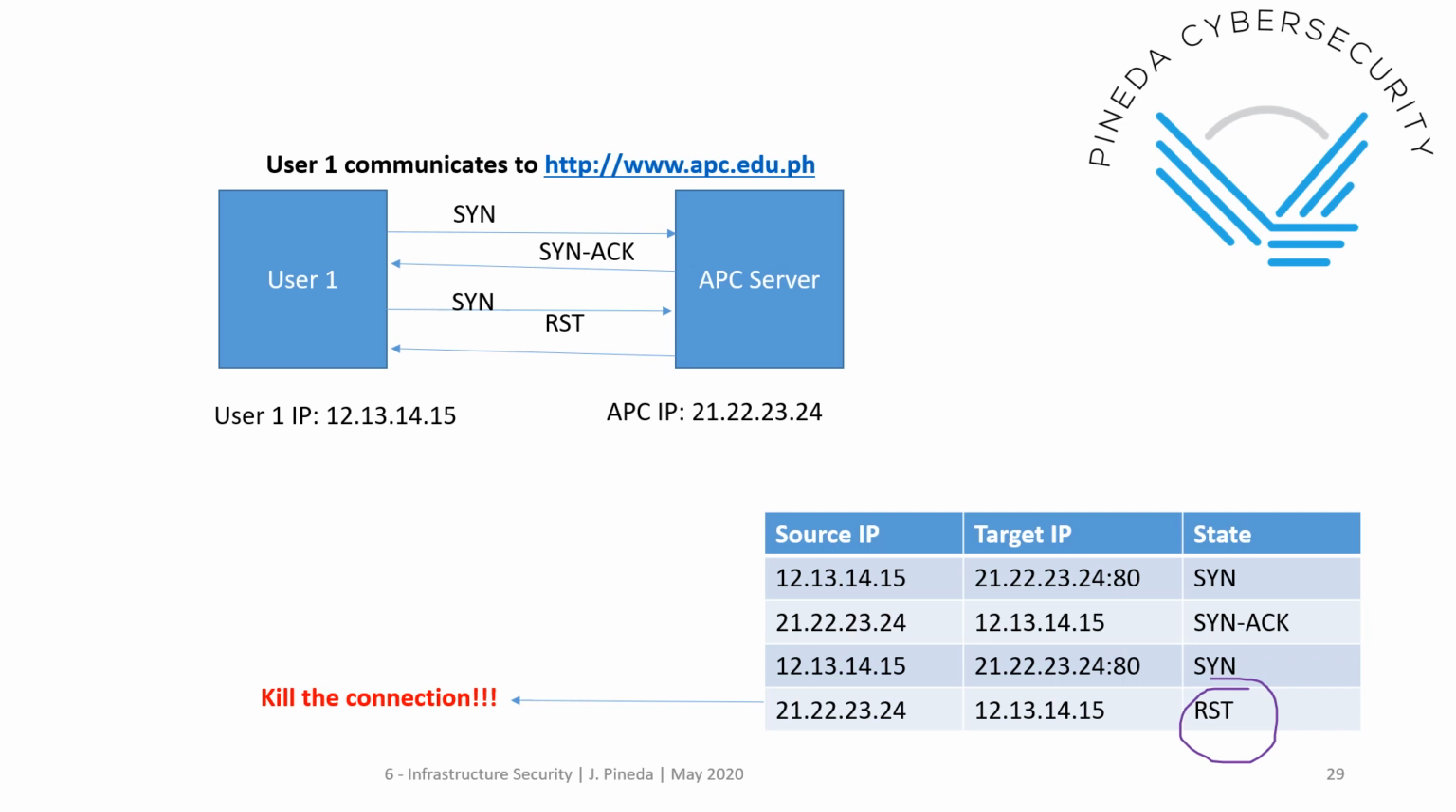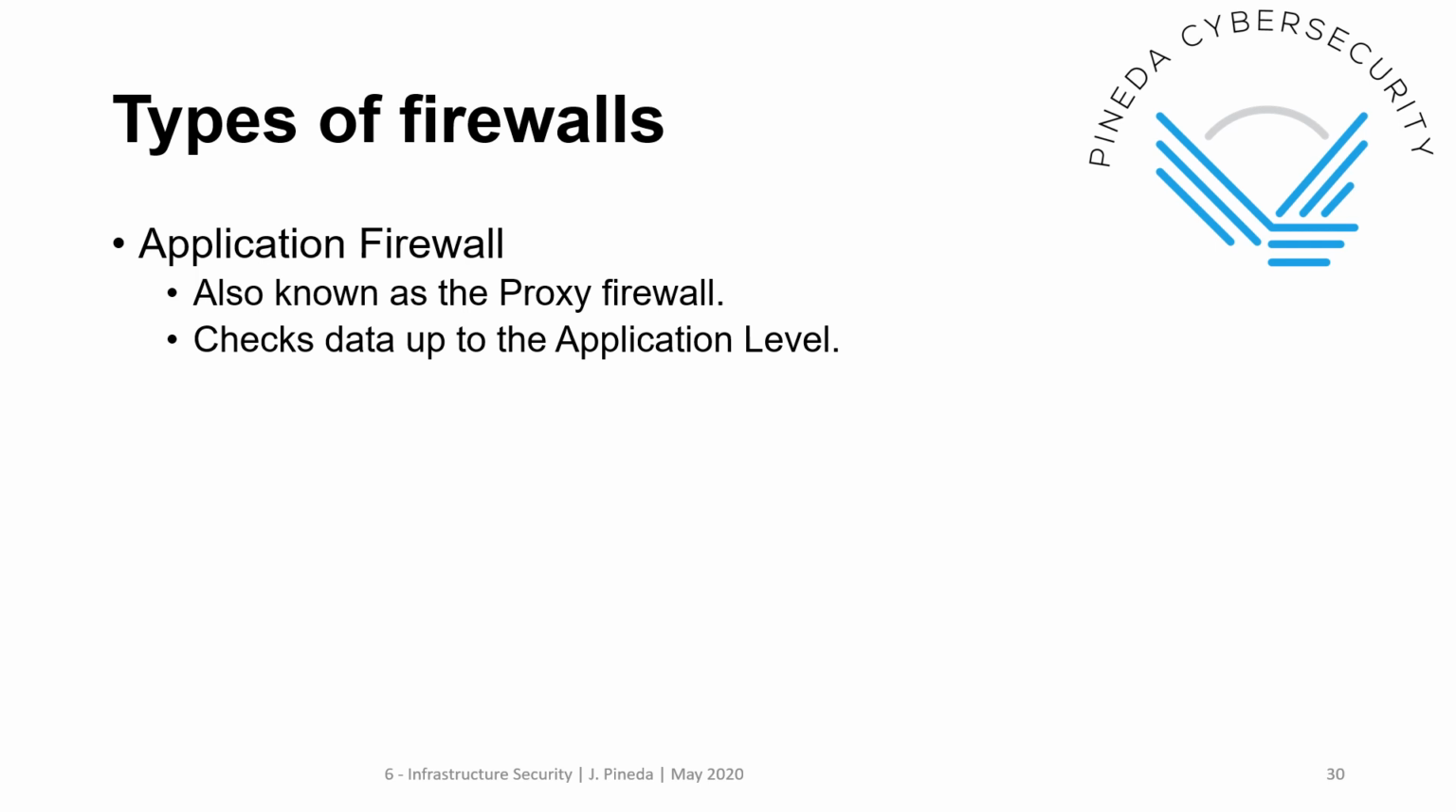So meaning the 1 million packets that you will send that are only SYN will be reset by the firewall, or depending on the policy, dropped. So that's the purpose of the packet inspection firewall. It checks another layer and then maintains a state table. Now, the third type of firewall is the application firewall, okay, which also is known as